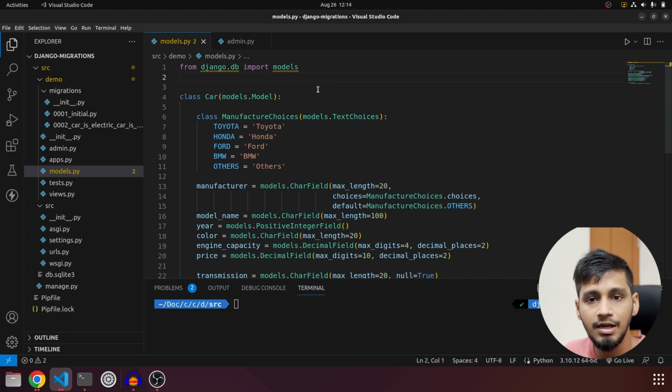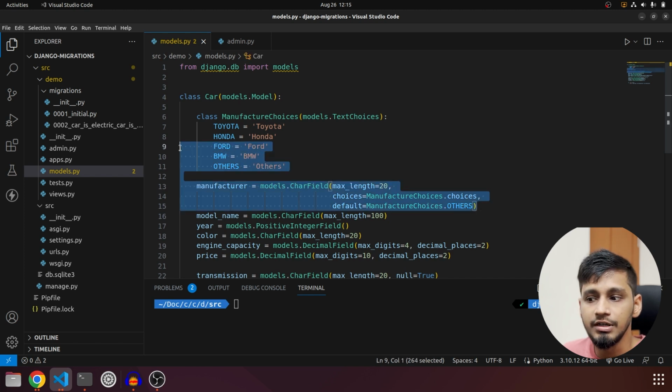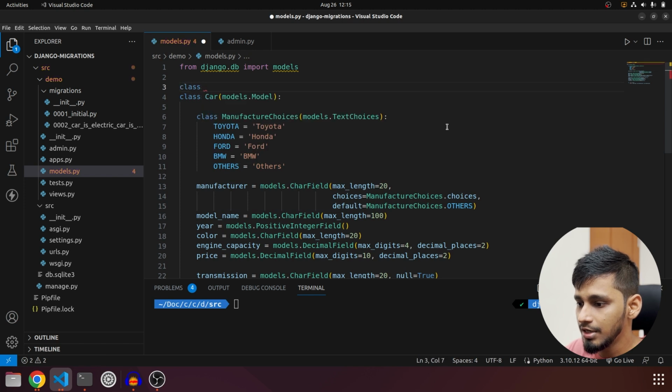For that, we will have to create a new model, then create a foreign key of that new model here in this car model. And once that is done, in the next migration, we have to copy all this data from here, that is manufacturer, to the new model. So that is what is important in Django, and it is a very advanced concept. And then finally, we will remove this old field. So let's get started by creating our new model. I will call it manufacturer.